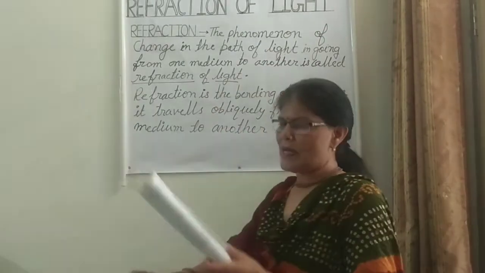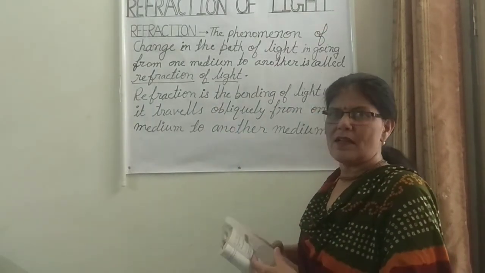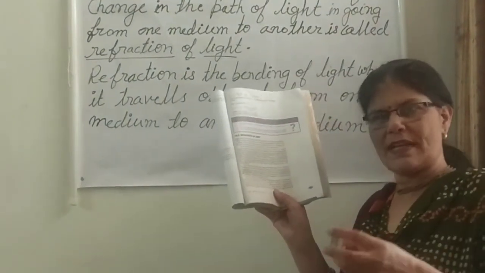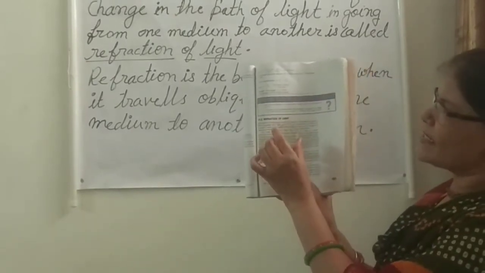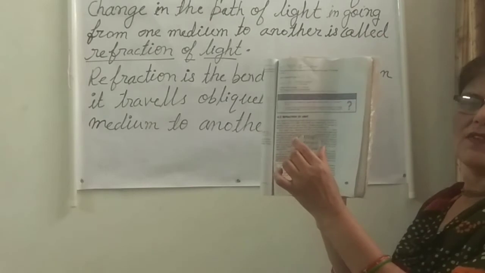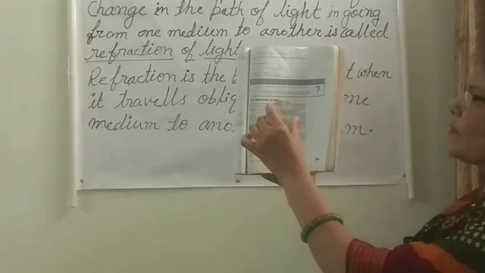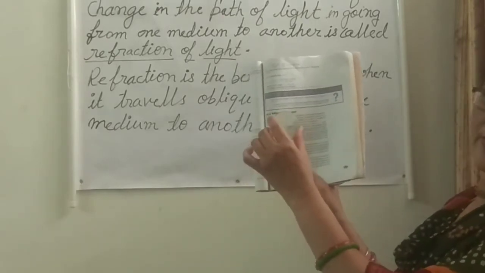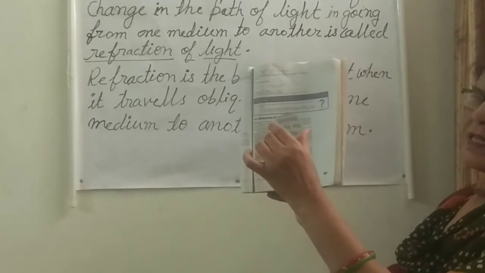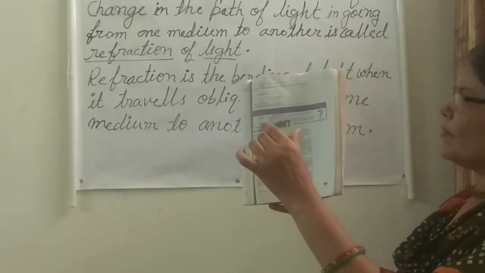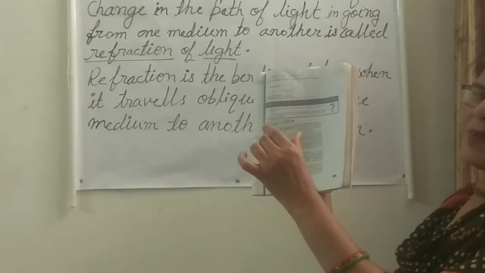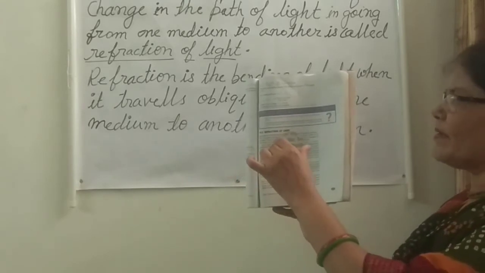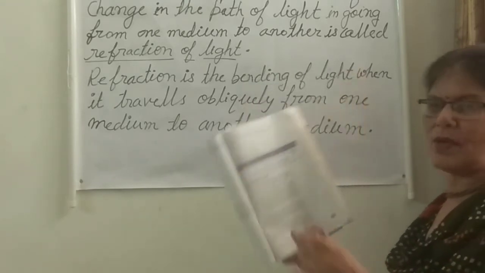When you take a glass slab or a lens and observe the printed letters through it, all these printed letters will appear raised to you. So when you take this lens and look at the printed matter, it will look raised to you. This is again because of refraction. This printed matter will appear to be raised to you. So this is again because of refraction.